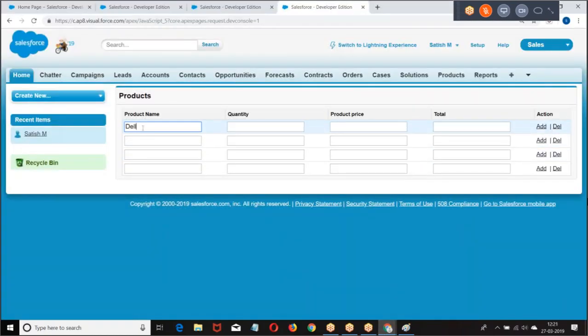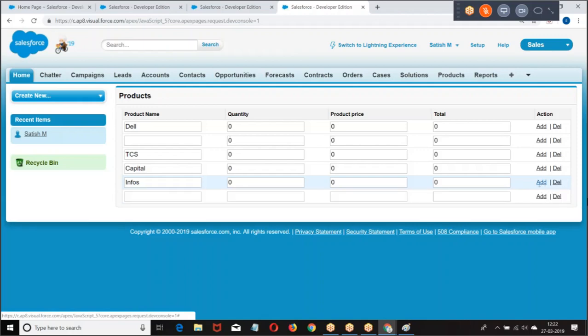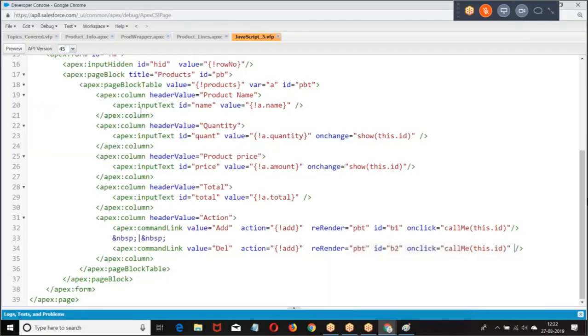Now, to show you the difference, I tell you. Now, I told add. Where is the row added? When I say add, last position. When I say below the TCS row, when I say add, below the TCS, we add. Whichever the row we are clicking, below that row we are passing. Why? If the row number is 2, add the element at 3. Row number is 4, add the element at 5. Right? But how are you getting the row number?